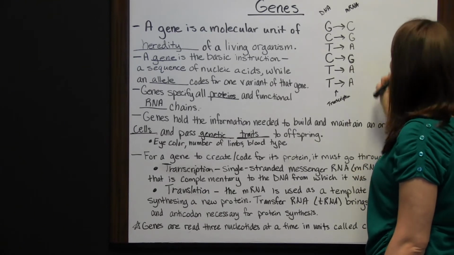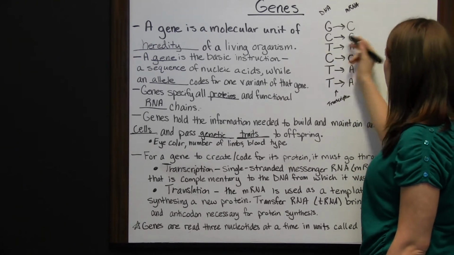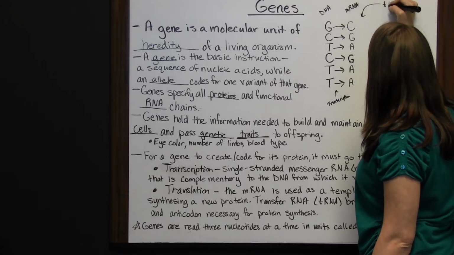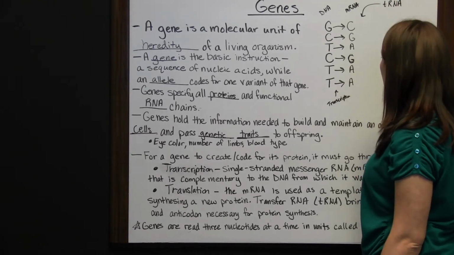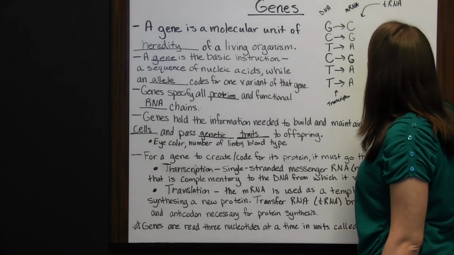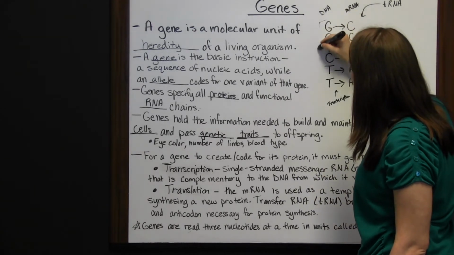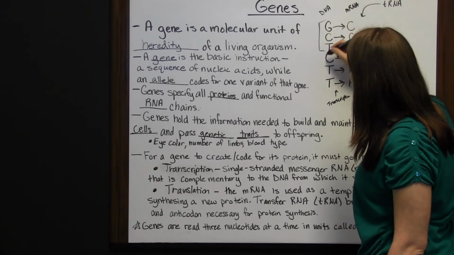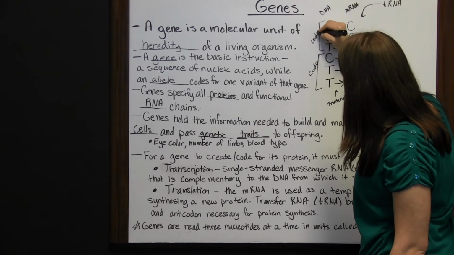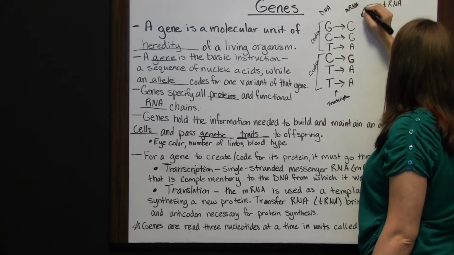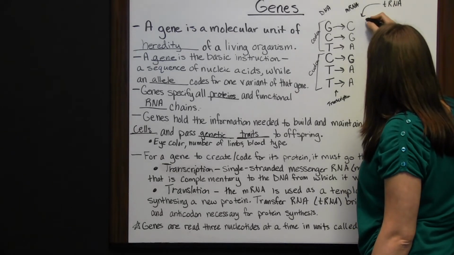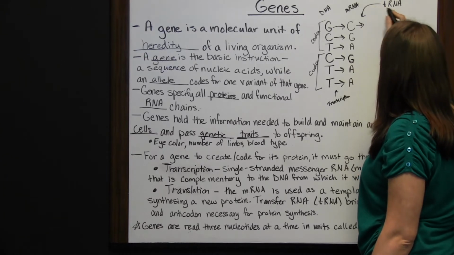So the messenger RNA has the pairs that would have gone with the DNA, and so in comes your transfer RNA, which is going to have its amino acids and the anticodon that's necessary for each of these. So each set of 3 is a codon, and it gets transferred over. And so now the transfer RNA is going to come in, and it's going to bring what we need.